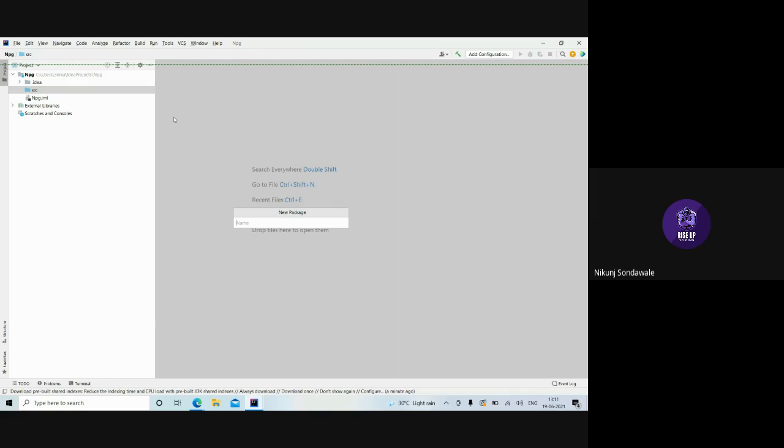For naming a package, you have to write first com dot, then the name of your package. Here I'll name my package as city. Com.city, and then press enter. Now you see a package has been created by us.